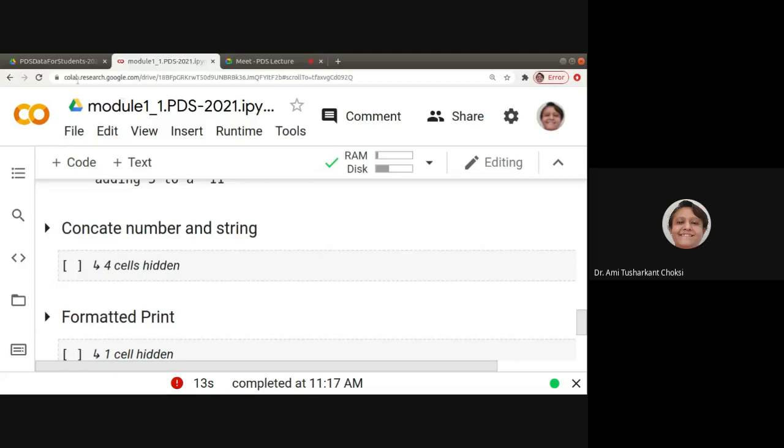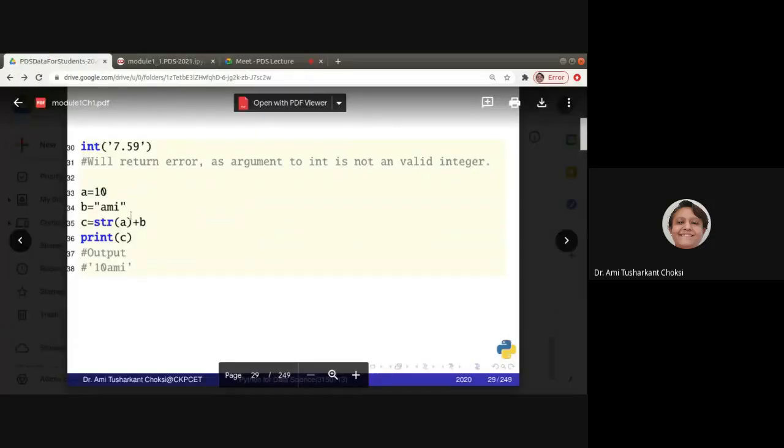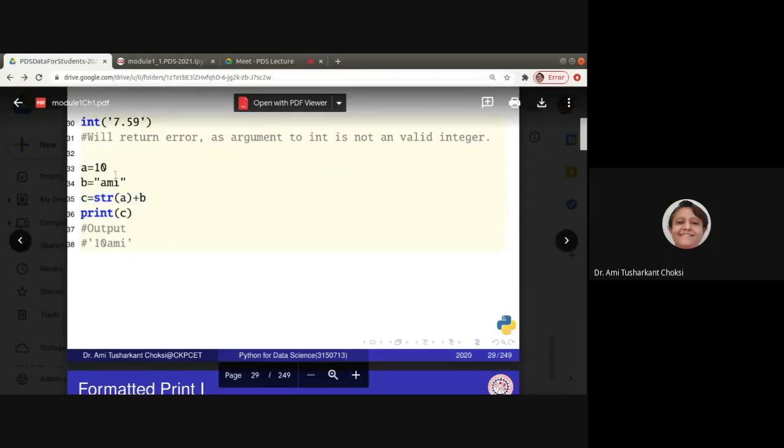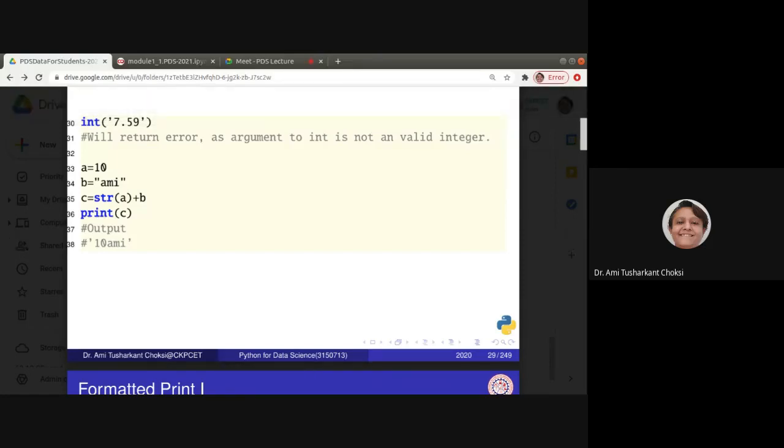Now, let us see one more example. If we have A is equal to 10 and B is equal to Ami, A is integer, B is Ami, but it is string. Now if we want to do A plus B, what should we do?